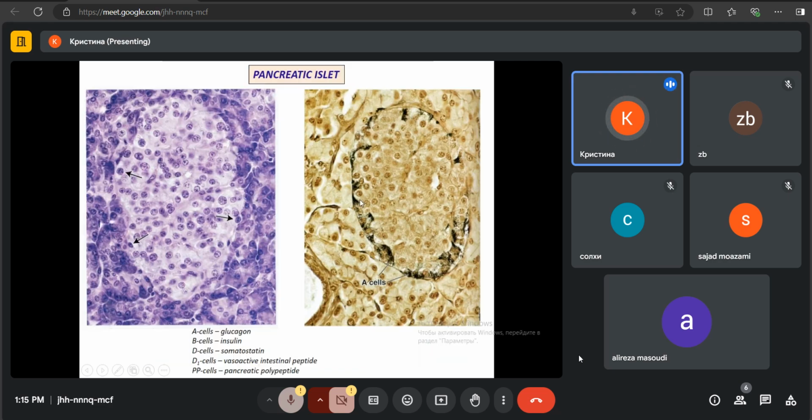Now, pancreatic islet includes 5 major cell types, such as A cells, which are located mostly at the periphery. Here in the second picture, the immunohistochemistry method was used to show only A cells. Only A cells are stained in more dark color. Other cells are not stained. This is the background staining. So A cells, they produce glucagon. They are located at the periphery. Most of the cells of the pancreatic islet, about 70%,